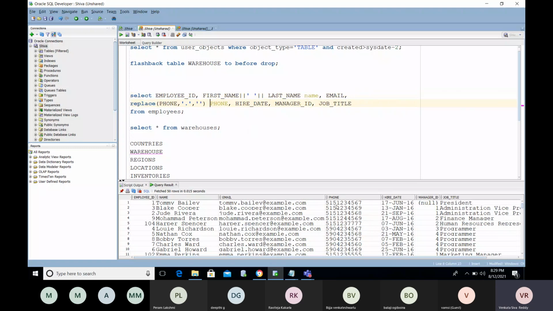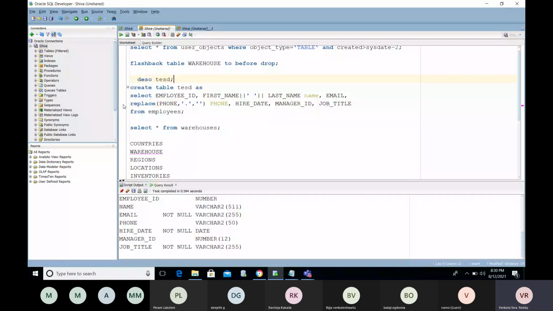So in that case, we need to convert that into a number. How to convert? TO_NUMBER of phone number. Okay, we can drop this table or else create a different table. Now I created it, right? See, now it has been converted to number. Got it? These things will be used for reporting purposes. You can pull this type of information.